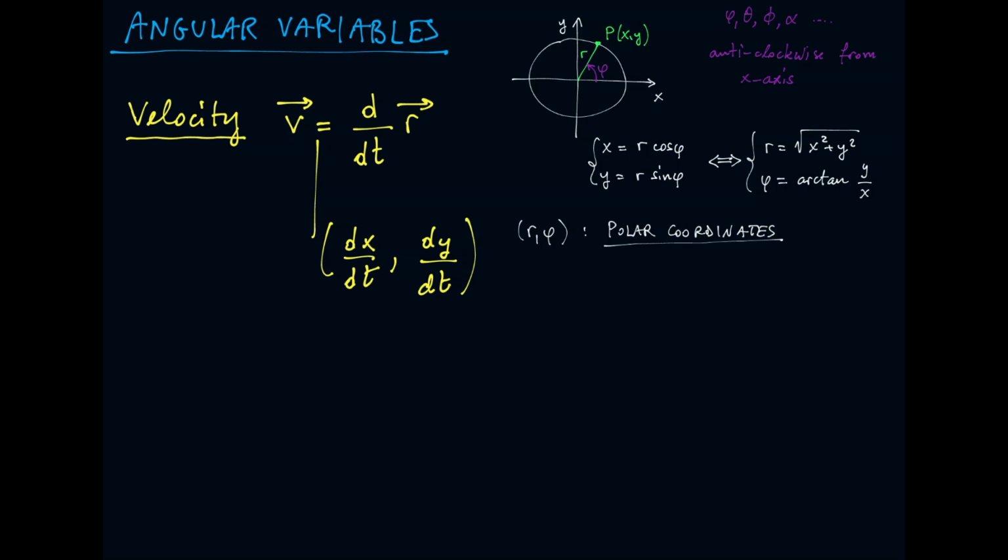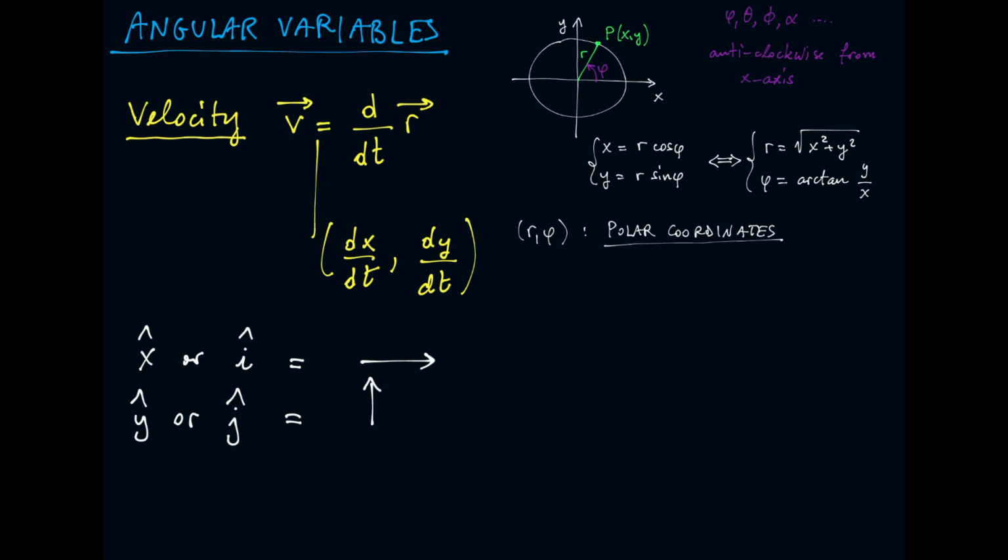Now, how does this vector look like in polar coordinates? So what are the components of this vector in polar coordinates? Well, I need to take actually a little step back, because see, the unit vector in the x direction, we call it x hat or I hat. This is simply the unit vector in the horizontal direction. And the unit vector in the y component is the unit vector in the up